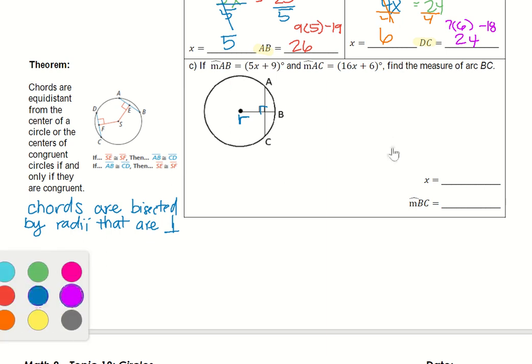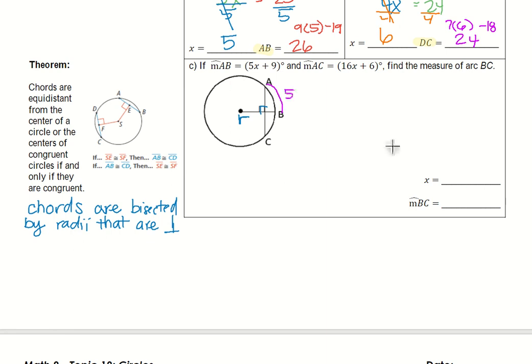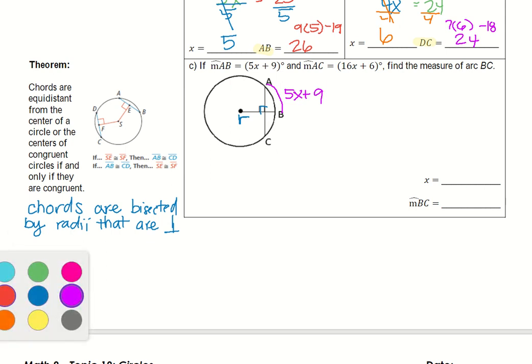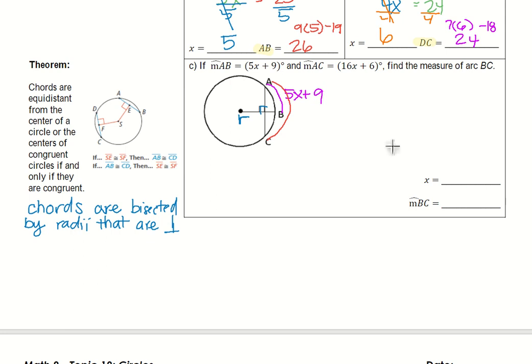So if I know that this arc AB, this one, is 5x plus 9, and I know that the entire arc from A to C is 16x plus 6,